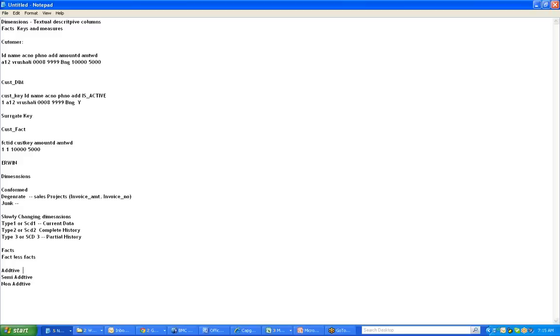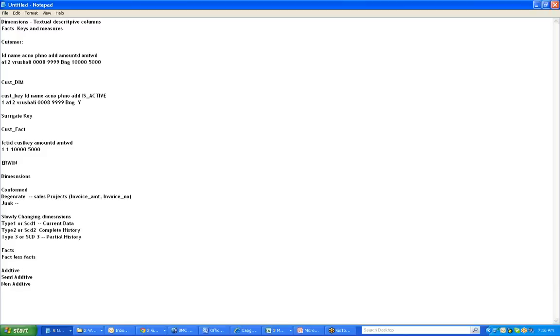That means, for example, sum of amount withdrawn, sum of amount deposited, and sum of the balance for the day. These are the 3 columns which you have in the fact table, so you can add all those 3 columns based on the day. Today, what is the number of deposits? What is the number of withdrawals? What is the total balance available? We are adding up all these 3 columns, so that is called an additive fact. If you can add all the columns in a fact table, that is called an additive fact.